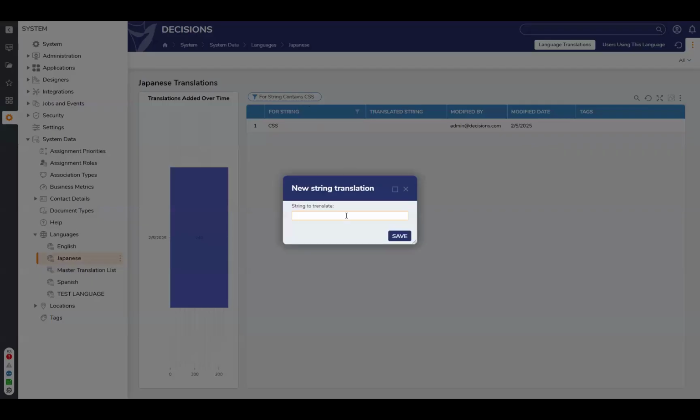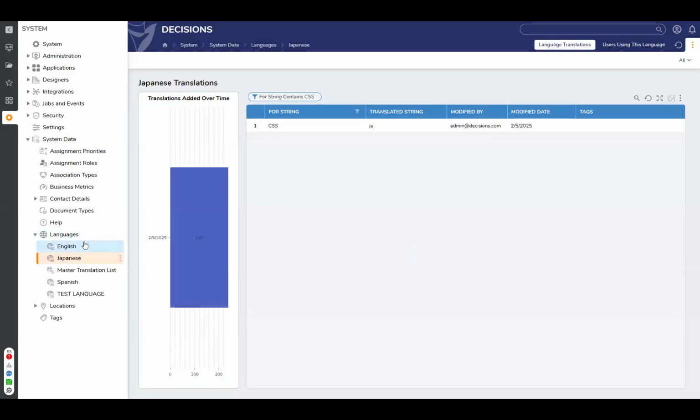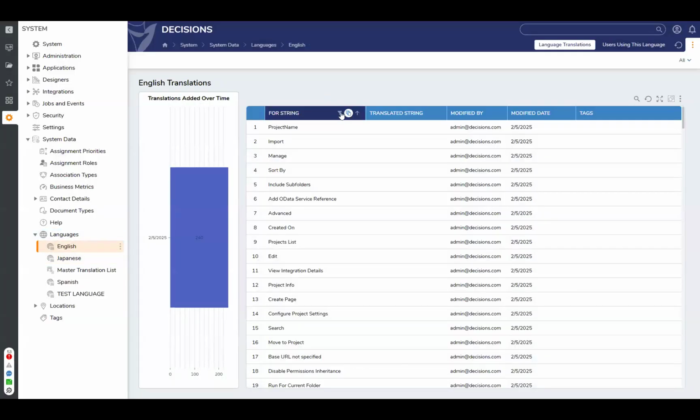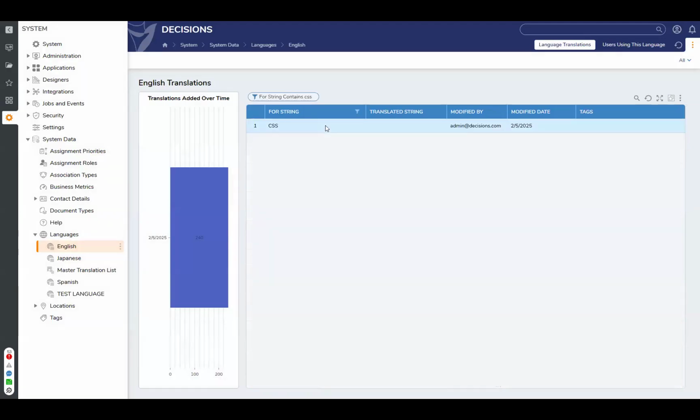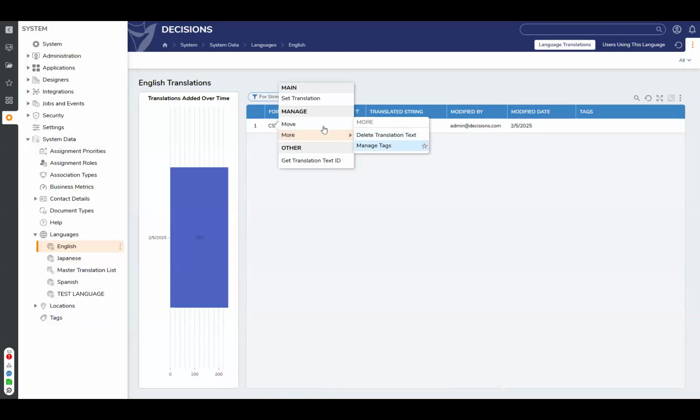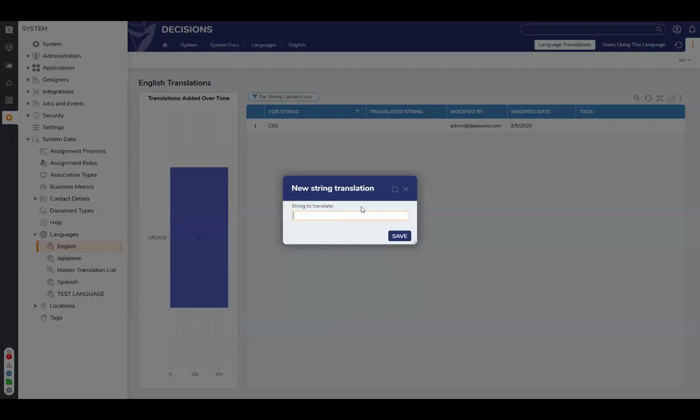Now I have access to translate CSS in the desired language in any of the languages I've created. And you can set those translations on a per language basis. So for Japanese, I don't know what CSS is in Japanese, so I'm just going to put something like JA for the Japanese HTML. And now if I go to English and search CSS, you'll see that I can add a translated string for English now,